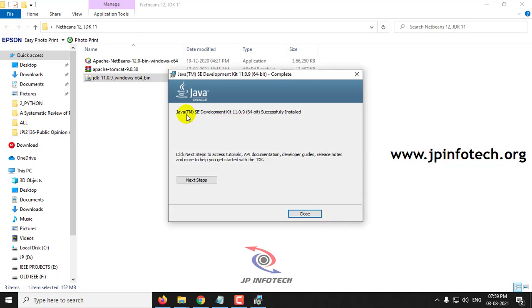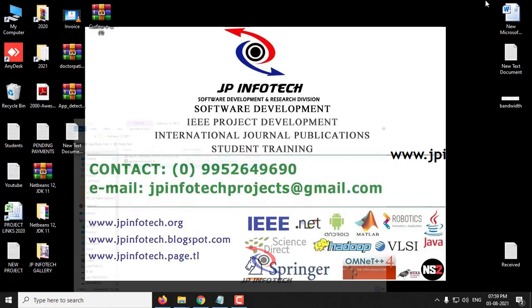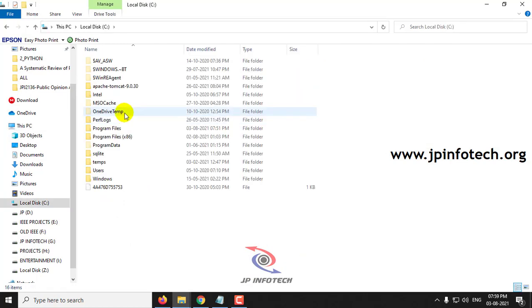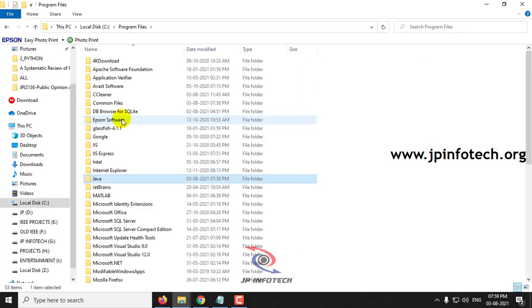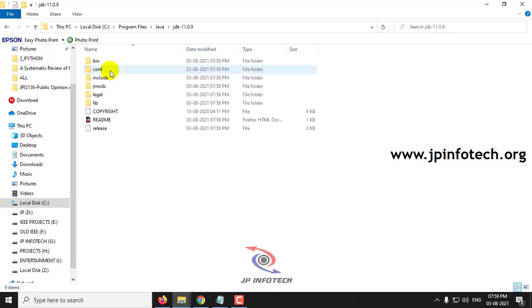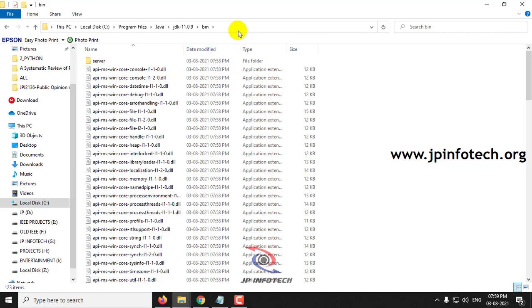Now you can see the JDK is installed successfully, and click close. Now go to My Computer, C drive, Program Files, Java, and JDK 11.0.9 64-bit. This is the location where it has been installed.